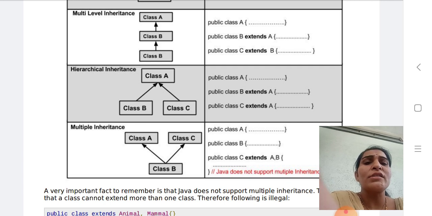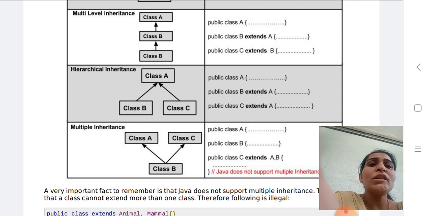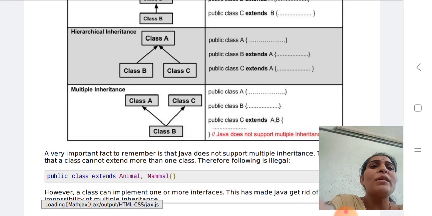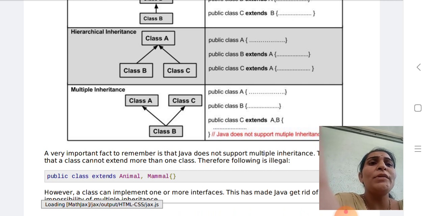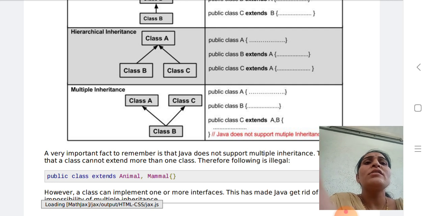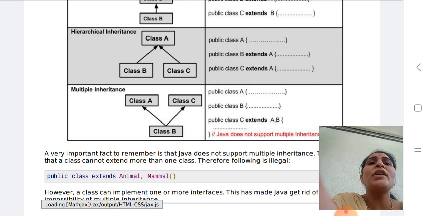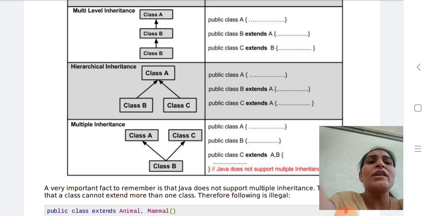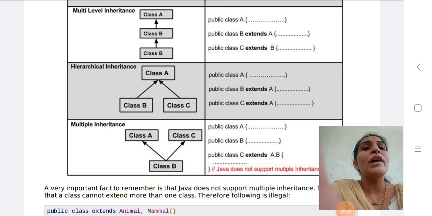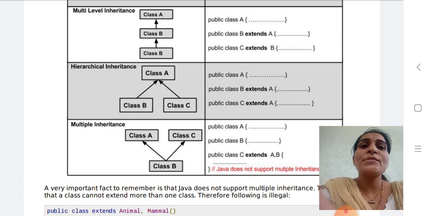And multiple inheritance: one class may have more than one parent, that is, class A and class B are the parents of class C: public class C extends A, B. Such a type of inheritance is not supported by Java. Multiple inheritance is not supported in Java, and instead of it we have a new concept, interfaces in Java. Okay, I hope all of you have understood the meaning of inheritance, its types and the examples.